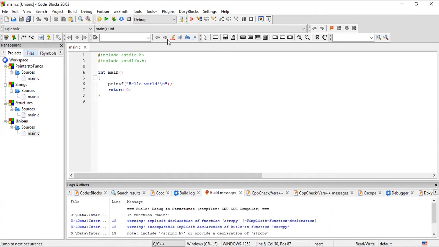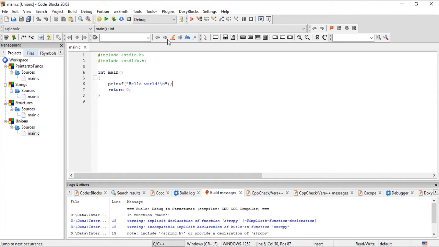So a union is also a special data type, and like a structure, it helps us to store data of different data types, or it is a collection of elements which could be of different data types, just like a structure. So what is the difference between a structure and a union, and why are there two things, structures and unions? The main difference between a structure and a union is that of memory space or memory location.